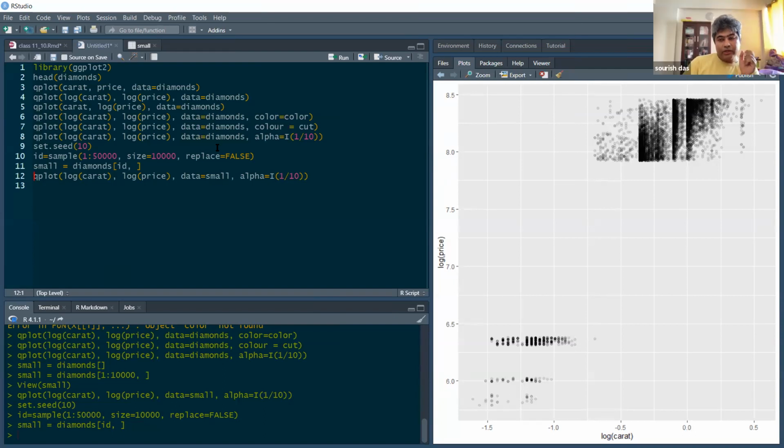Correct. So this is a random sample. If I draw a random sample in my system and you draw another random sample in your system, it is almost obvious that my randomly generated numbers and your randomly generated numbers will not match.